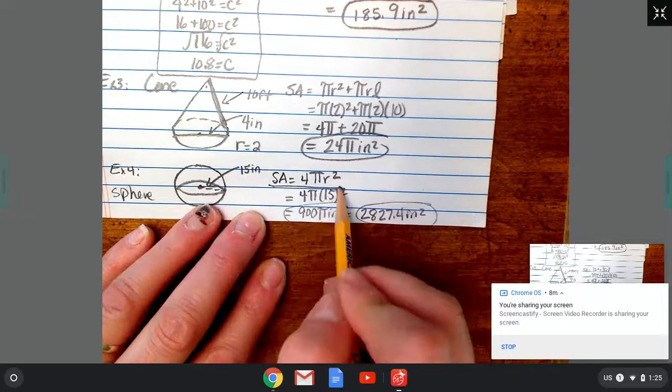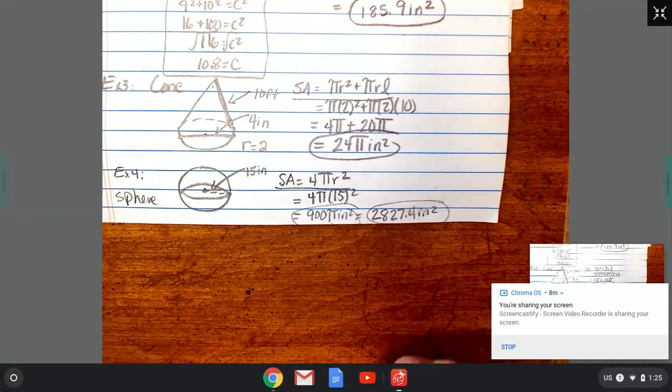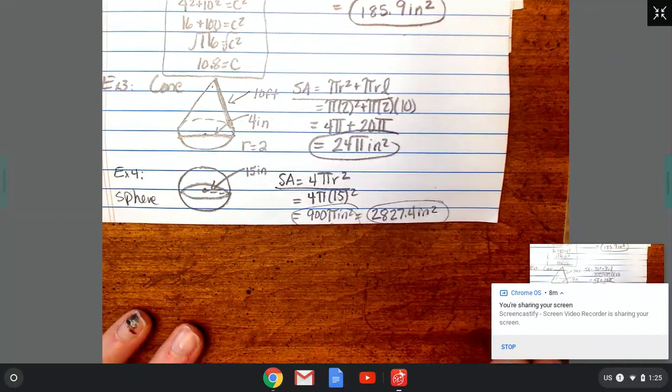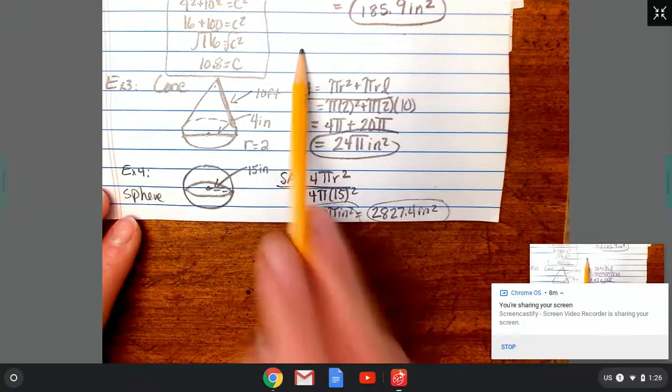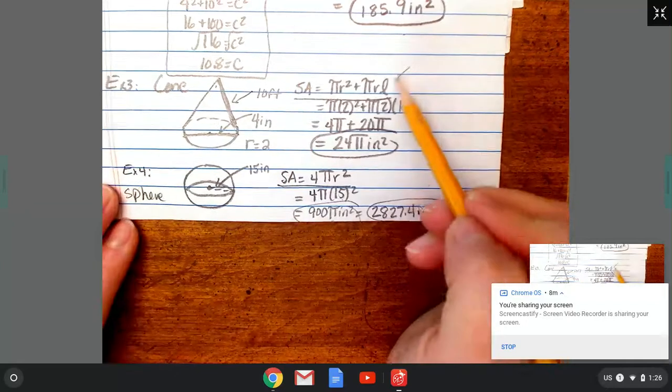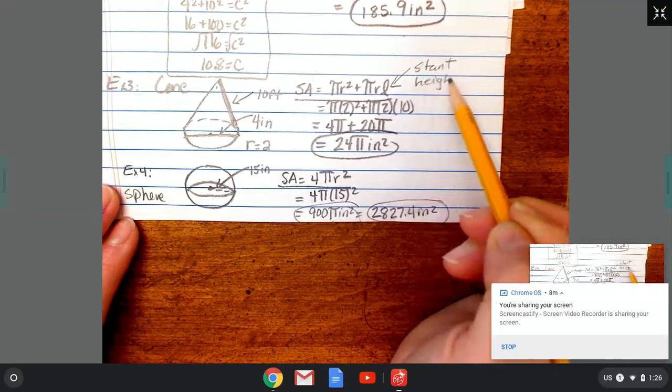Okay, so we love the sphere. We love the cone that gives us the L, the slant height. The square pyramid's not too bad, 1 base, 4 triangles. The most challenging problem is a cone if they don't give you the slant height, which is this one. It's not the actual height, it's the height down the side.